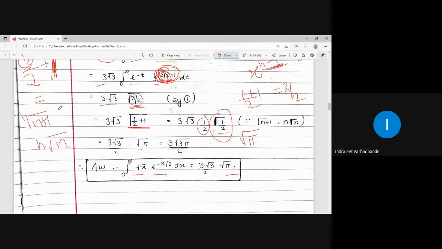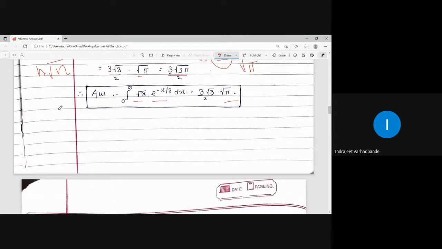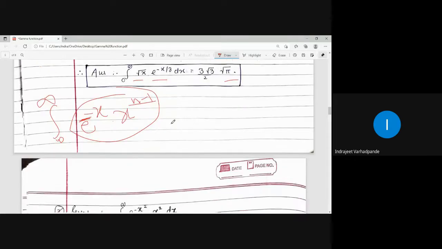So this was the very first example, a preliminary master problem, which explains how we can easily convert the given problem into the definition of gamma function and get to the answer. So mind well, whenever you see the variable, its power should be made as n minus 1, and the same variable should be raised in the power of the exponential term with the negative sign. So when integral limits are between 0 to infinity and such terms exist in product form, we usually try to apply the definition of gamma function.